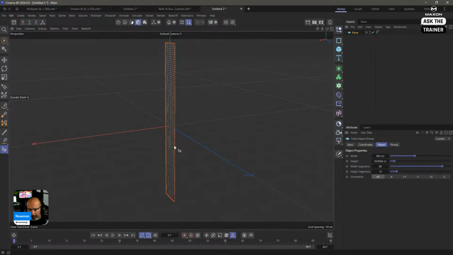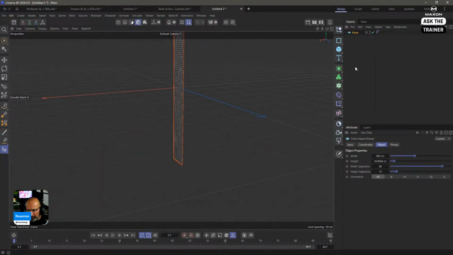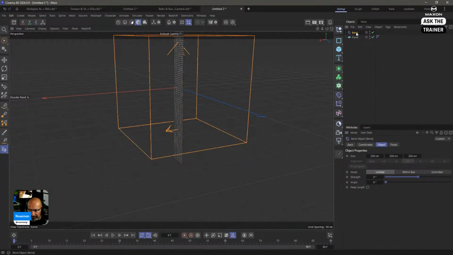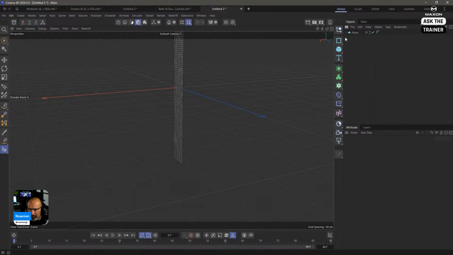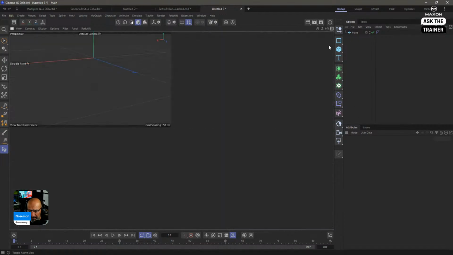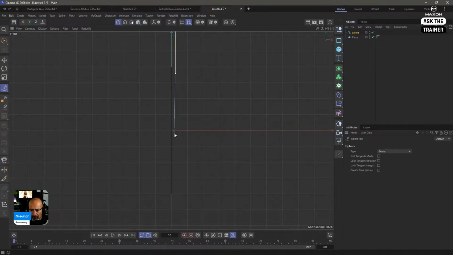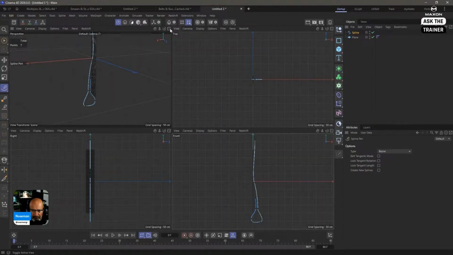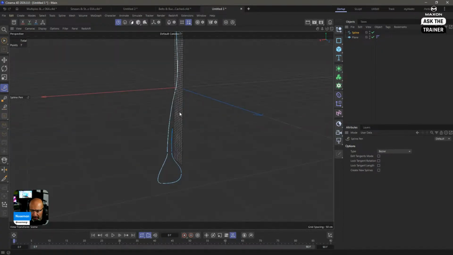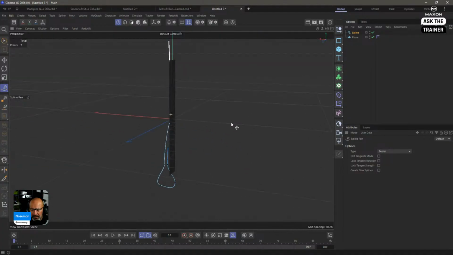Now, I want to make a loop here. A lot of people get bend and put it there. No, no, no, no. The best tool for this is the spline wrap. There's no better tool for this. Go to a side which you like and draw whatever your lanyard is going to be. You can also extrude this. That's one way of doing it. No one says you can't do it that way. But for whatever reason, I like to use the spline wrap.